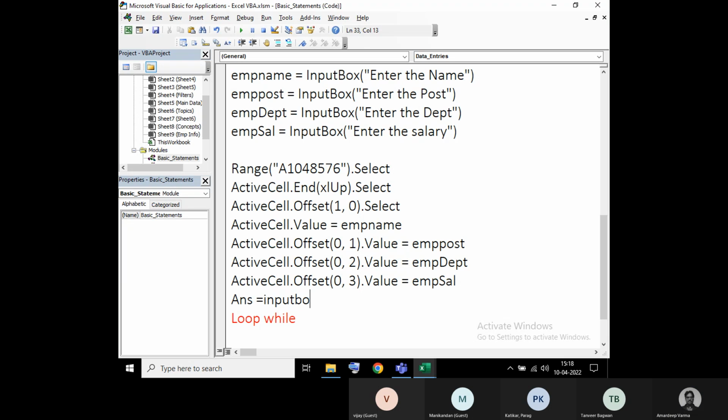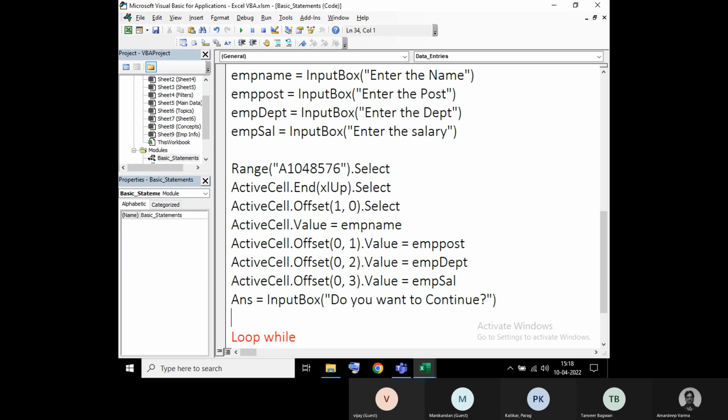I'll say ANS equals input box, do you want to continue? So what this will do is, once the records are entered and saved, it will ask, do you want to